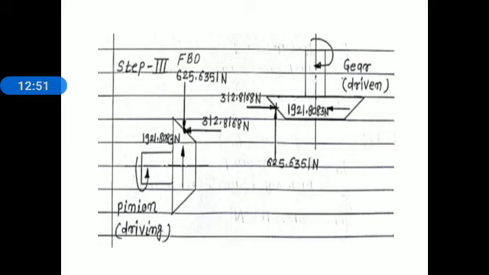That's why the axial component of a pinion is P suffix a 312.8168. That is clearly shown on this sketch. And the axial component act on a gear. Remember that. Again, remember this. This thing is very important. Axial component of a gear is equal in magnitude but opposite in direction of radial component of a pinion. That's why here we show the axial component on a gear like that, 625.6351 Newton.